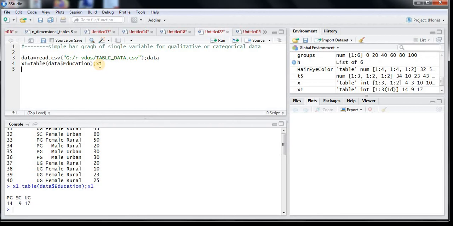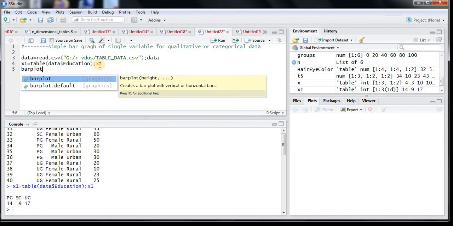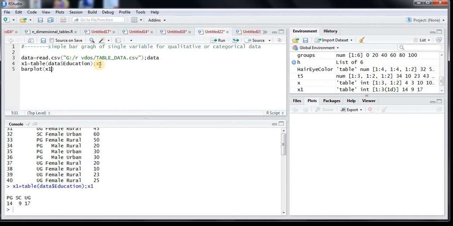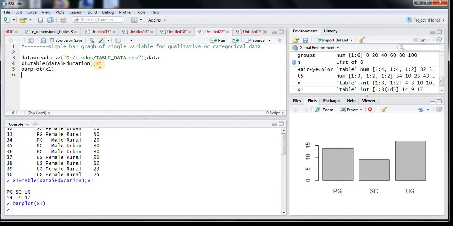Let us create a simple bar graph for this using the barplot command. Barplot x1. If I run this, a simple bar chart is in front of you, which is a basic chart without any labeling or decoration. So we will improve the aesthetics of the bar chart.